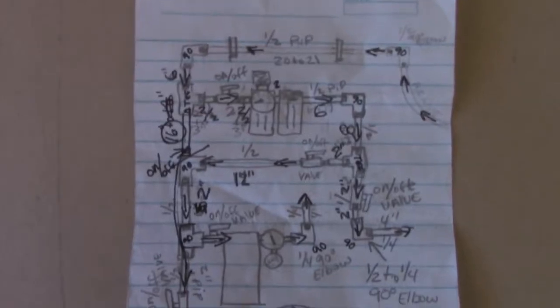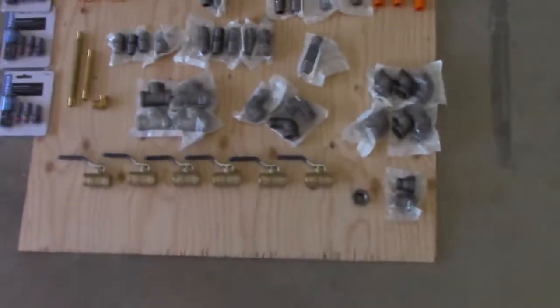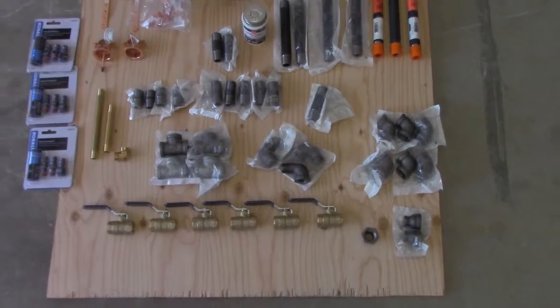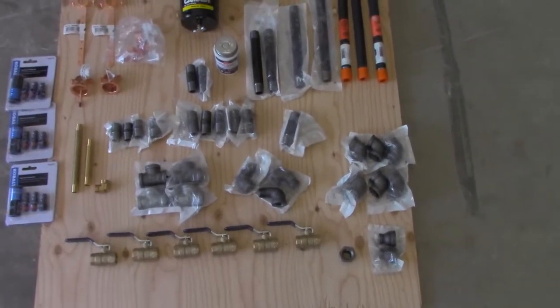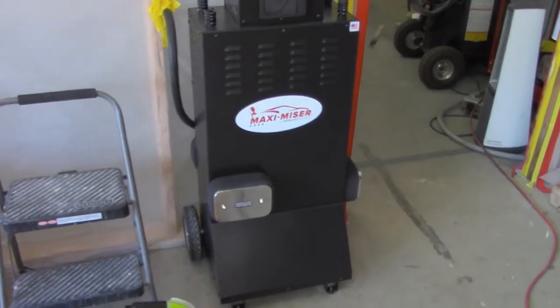So I want to bring you over here, show you this diagram I made, where I figured out all the parts and pieces I need. Then I basically drew what I'm gonna do. So I'm gonna actually mount it on this board, but I want to show you everything that I bought to put my air compressor in versus just buying the Maximizer 3000, where I just had to plumb in this